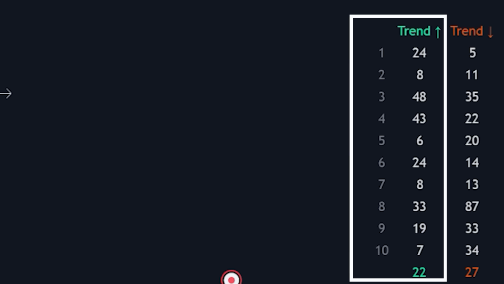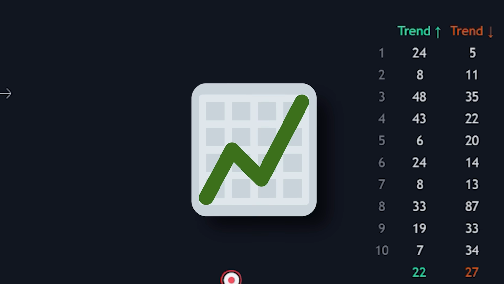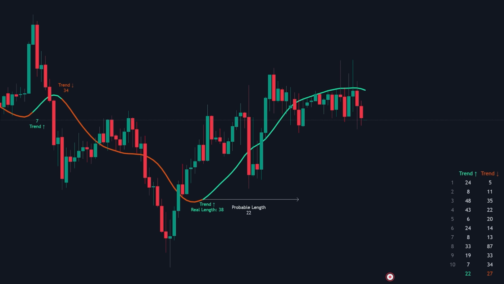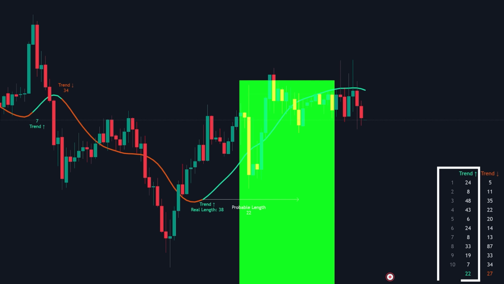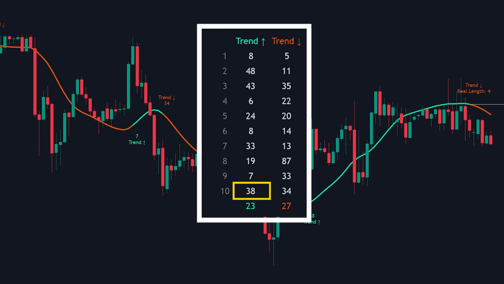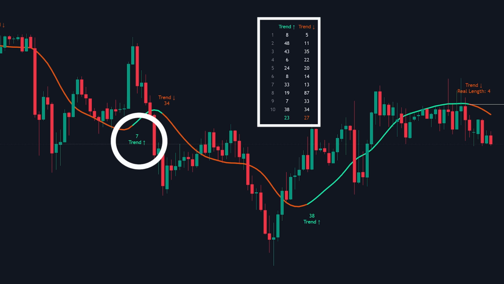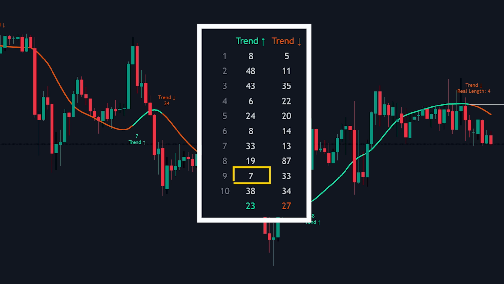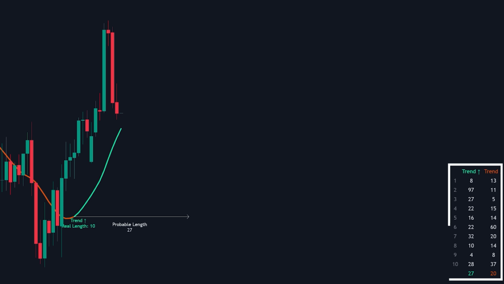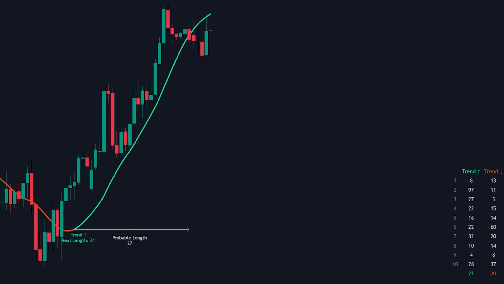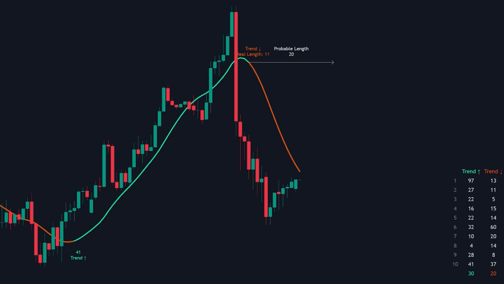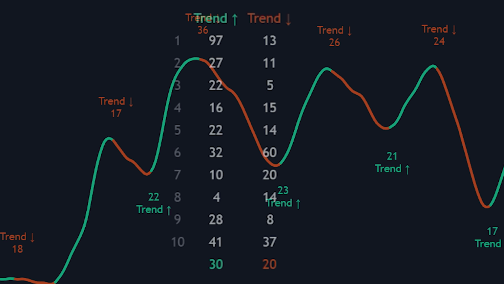Notice this is in the bullish column since the table separates bullish and bearish trend data. In the bullish column, you'll only see numbers for bullish trends. This is the latest bullish trend with its candle count. The previous bullish trend shows up here with its corresponding candle count. This tabulation of past trend lengths is absolutely crucial because the indicator uses this historical data to calculate average trend